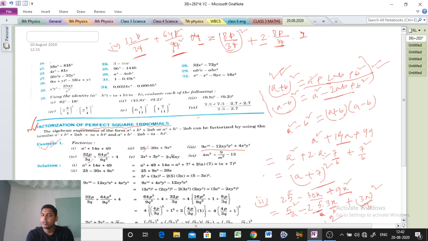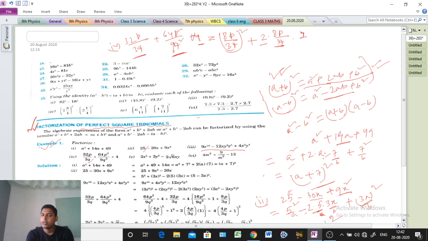Okay, and next what, sir? Here 4 is there. 4 means we can write 2 square. Okay, 4 means 2 square. So now it is coming this is A and this is B. So A square plus 2AB plus B square is coming. So that means A plus B whole square formula. So it means 8p by 3q plus 2 whole square. Clear or not? Understood? Easy? Very easy. Just your concept should be clear.